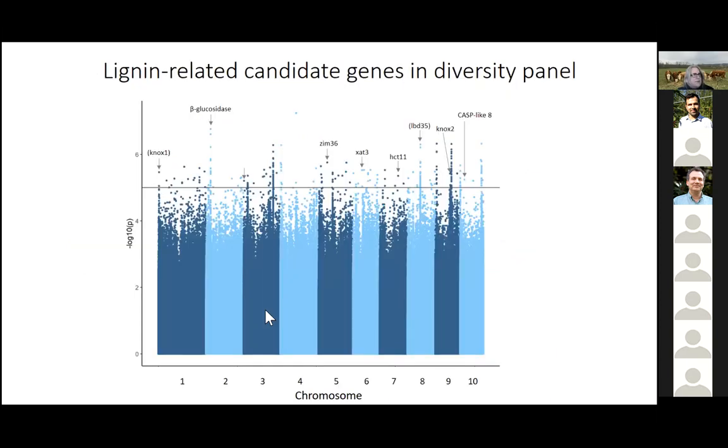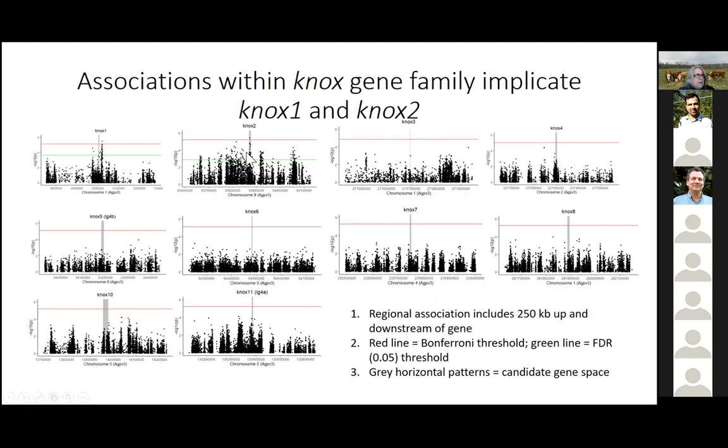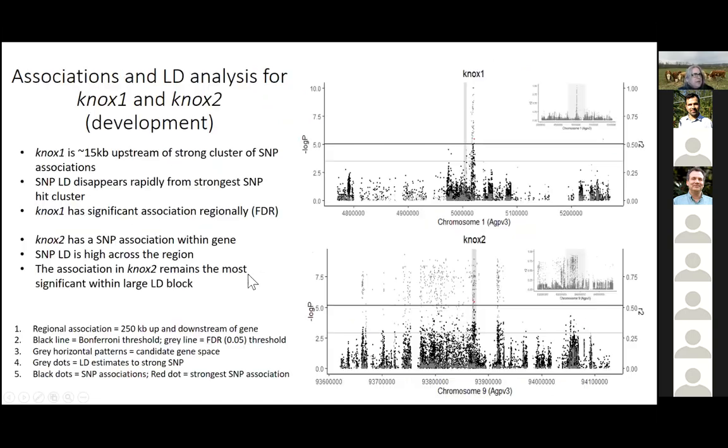Two other related traits, or a few other genes. Some of you may have seen, I have NOX1 and NOX2 listed here. If I look at the NOX family of genes, NOX1 and 2 are the only genes in the family that look like they have any contribution towards NLB resistance. If I look closer in the maps, you can see these are not quite as perfect as HCT11 or the beta-glucosidase genes. You can see there's a huge tower of SNPs near NOX1. These are all in LD with each other, and this is the area of NOX1.